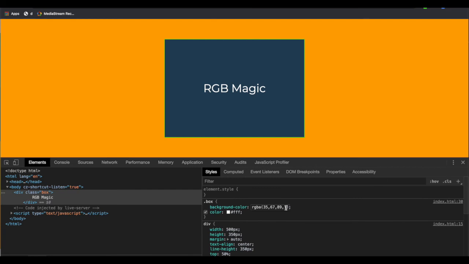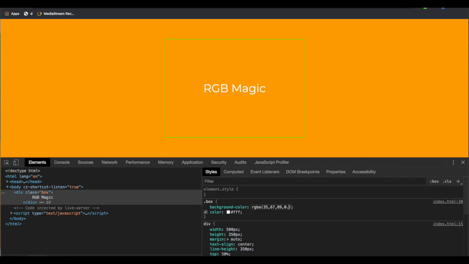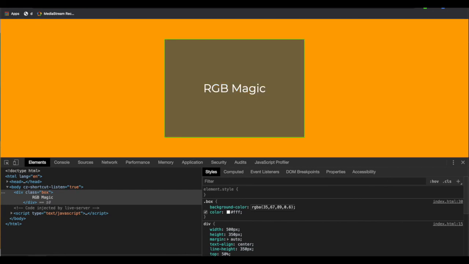Now the fourth parameter, what is this fourth parameter? That is the opacity. If you set it to 1, your background will be visible. If you set it to 0.2, that will be the transparency. Okay, now you can see the background as well as the foreground. If I set it to 0.6, now you can see that transparency. It's working awesomely. If you set it to 0, nothing will be visible to you. If you set it in decimals, you can see there is a magical background color coming up.